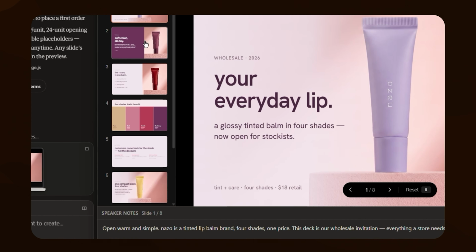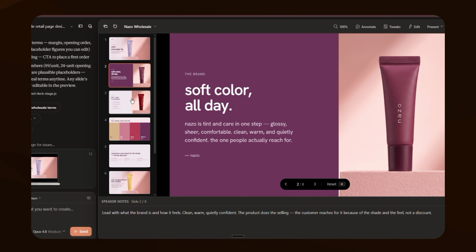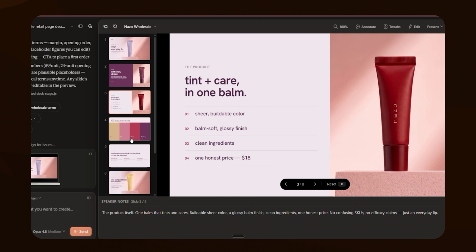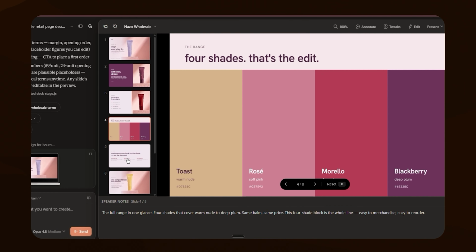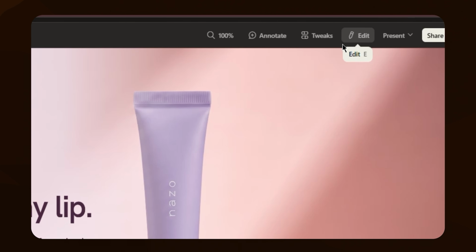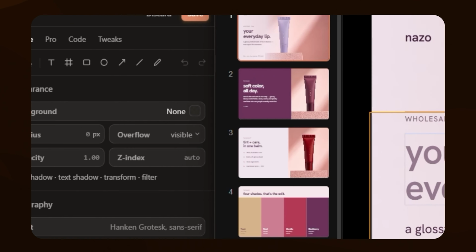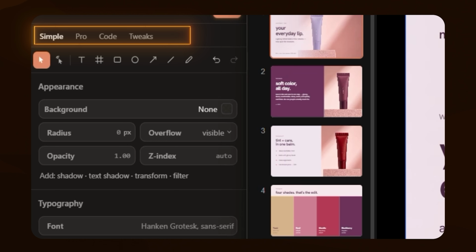8 slides, genuinely clean. Now, before the update, we had to make individual tweaks, but now there are multiple ways you could do it. So if you click on Edit, you get 4 modes. Simple, you just drag things by hand. Pro,